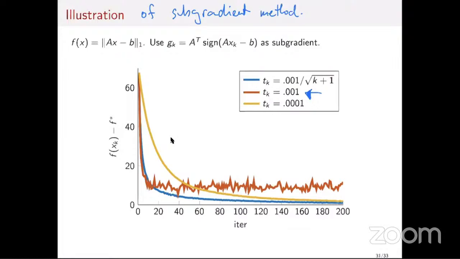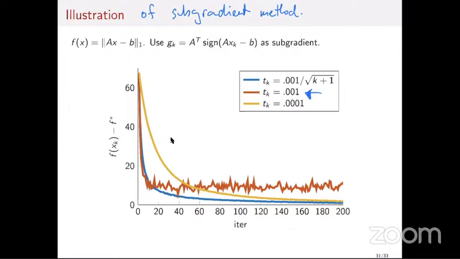Now, if you have some additional information about your function, and in particular if you know the optimal value, so if you happen to know the value f star, not x star, but just f star, then there is something called the Polyak step size, which is a very nice choice of step size that typically gives very good convergence rates. But this is only if you know f star, which in many cases we do not know. If you happen to know this, it is a very good choice.